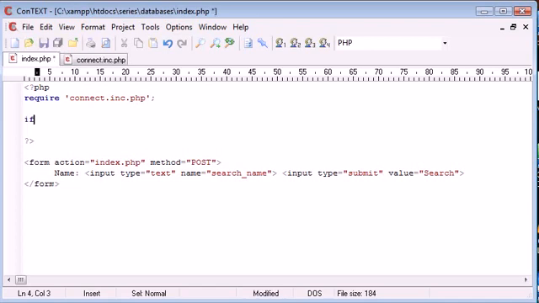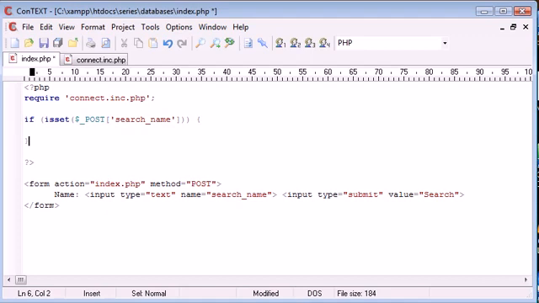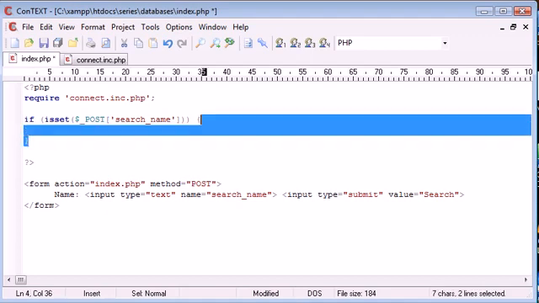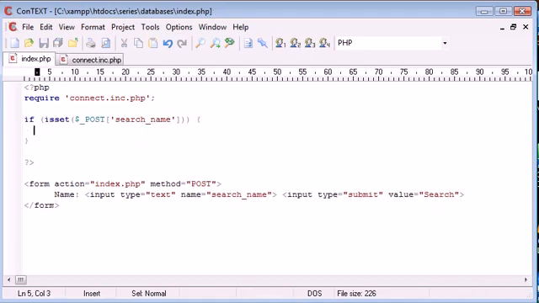So let's go ahead and say if isset $_POST, remember we're using post data down here, and we're going to say search_name. So we're corresponding this to the name that we've given the element in our HTML document. So if this is true, we're going to run this block, and inside this block we're going to set a variable called